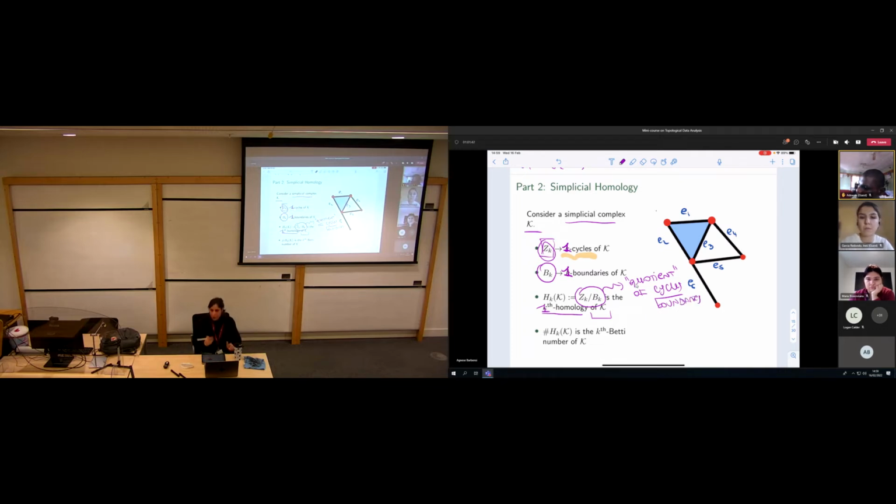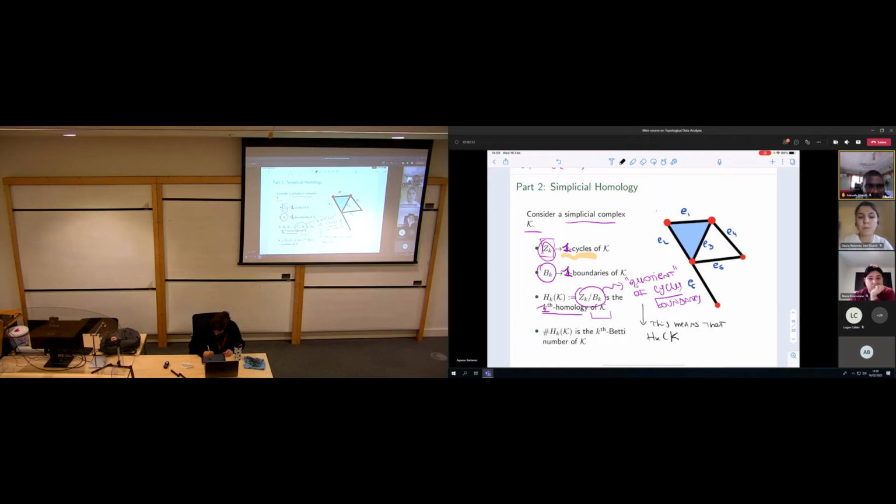Now, what do I mean by that? There's an algebraic definition for that. What I mean here is that I want to consider the set of all the cycles up to an equivalence relation given by the boundaries. So, this means that